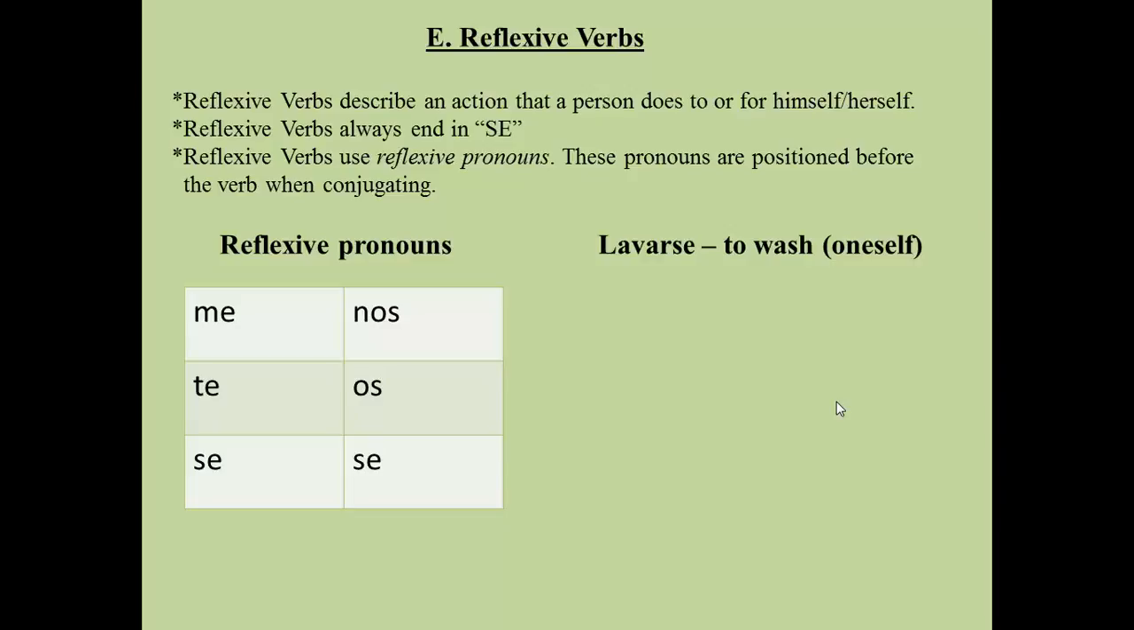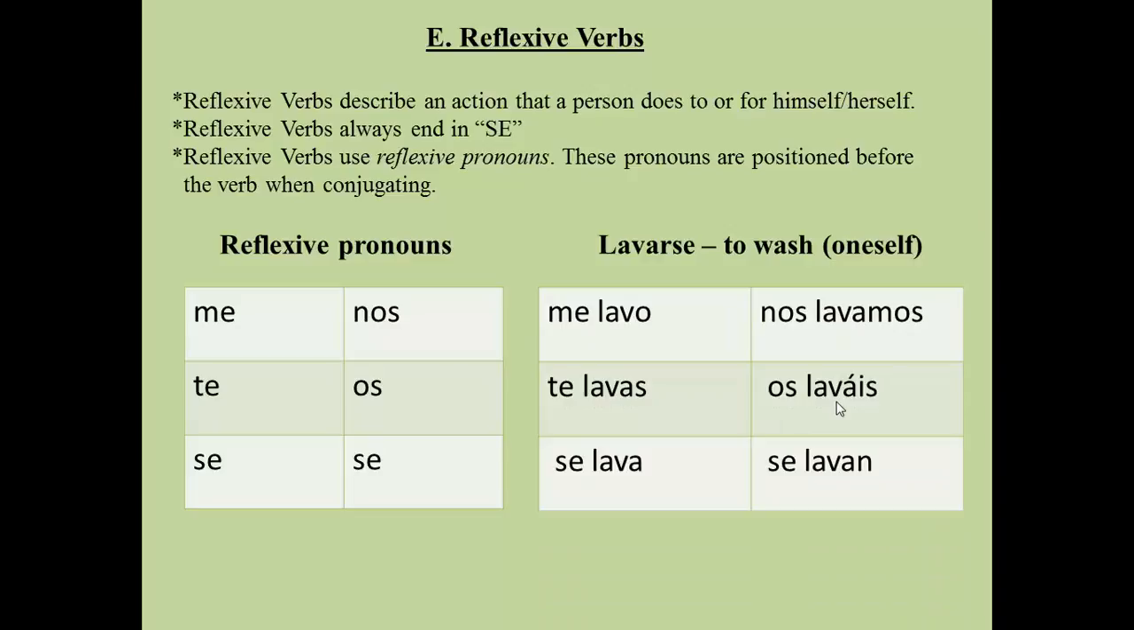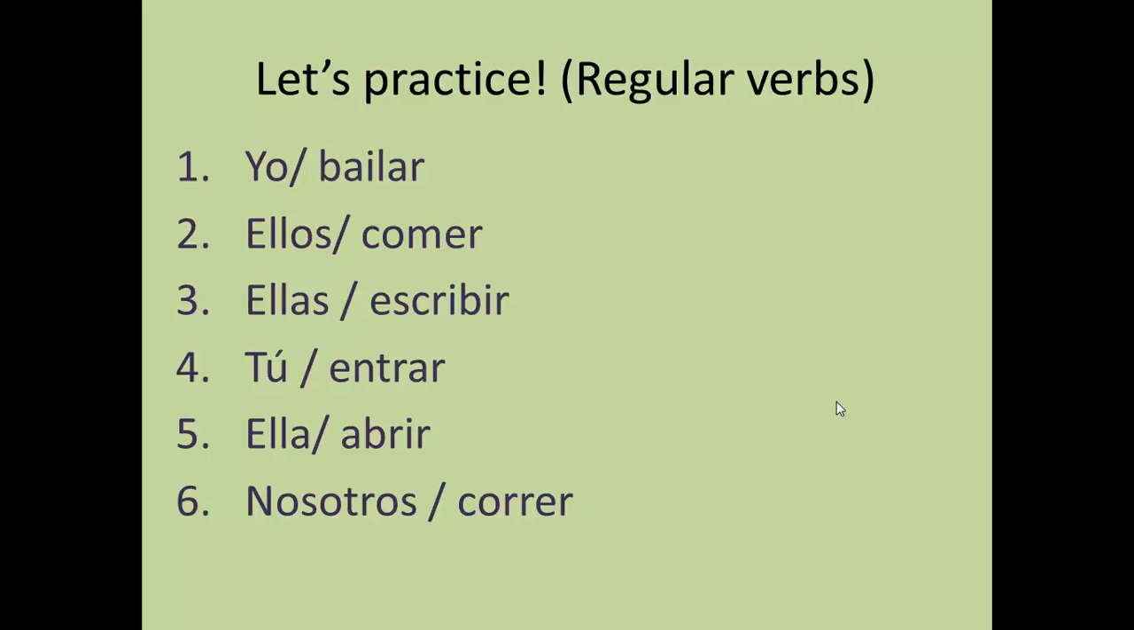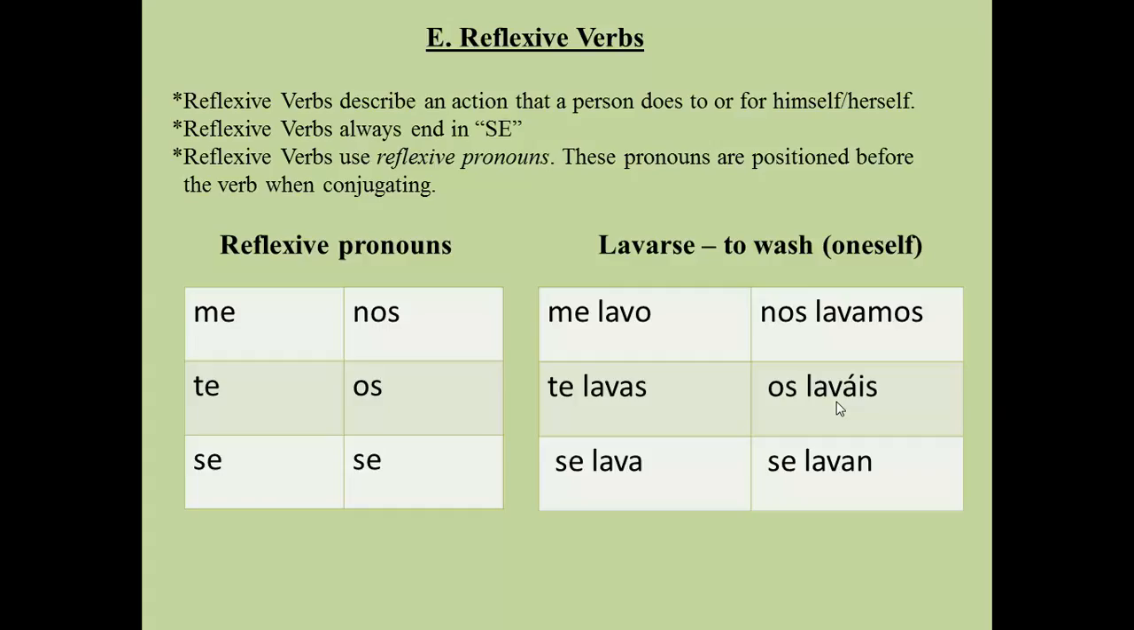So an example of that would be lavarse, to wash oneself. And you would say, me lavo, te lavas, se lava, nos lavamos, os laváis, se lavan. Okay, so that just about completes the review sheet. So now you're going to grab the practice sheet and pause the video, use your notes